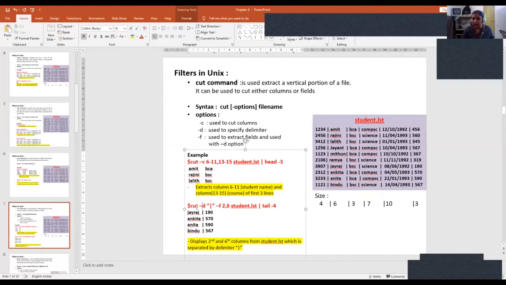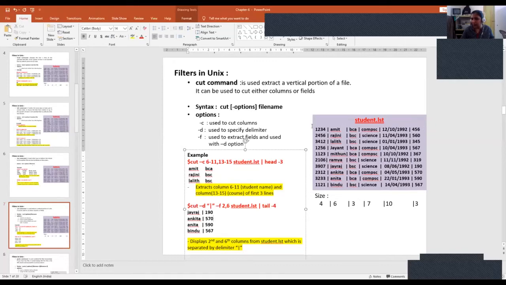So cut -d with the vertical bar. Each one is taken as a field. So I want to cut the second and 6th field. First one is register number. We have a vertical bar, so this becomes the second field, which is the student name. We have a vertical bar, hence this becomes the third field, then the 4th field, the 5th field, and the 6th field.